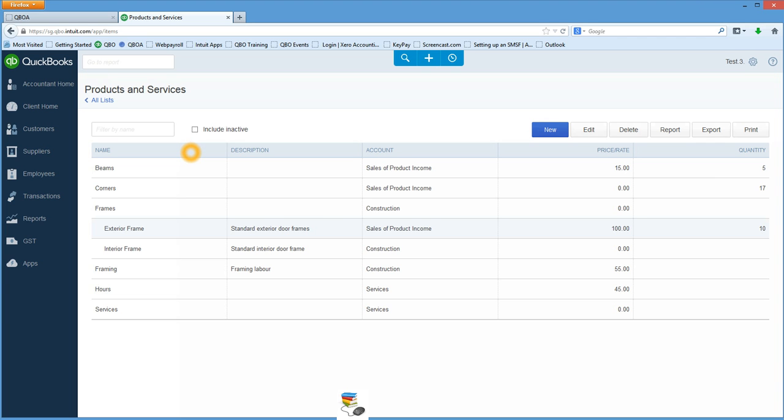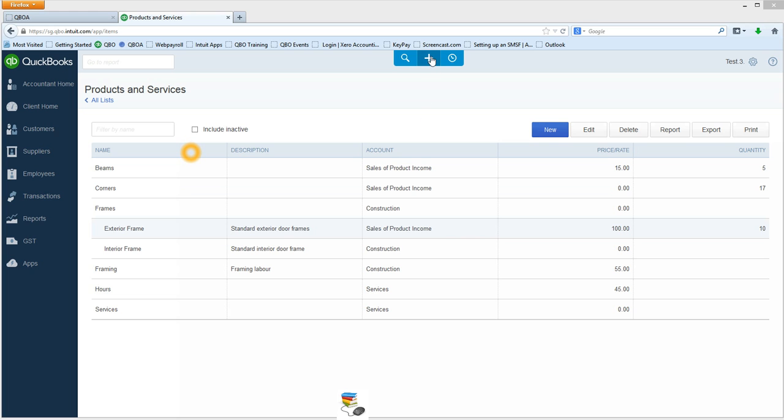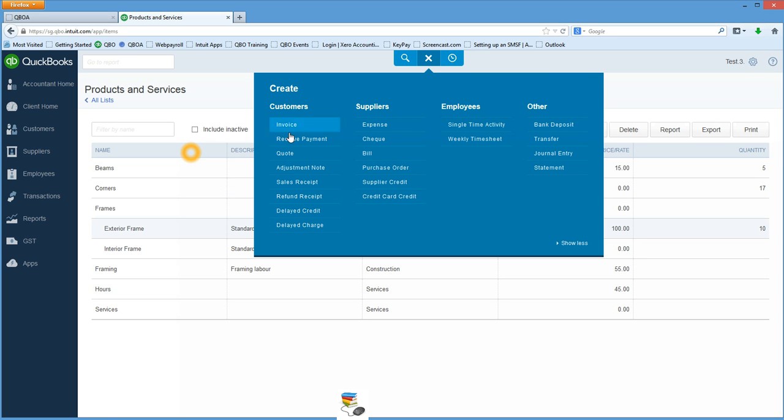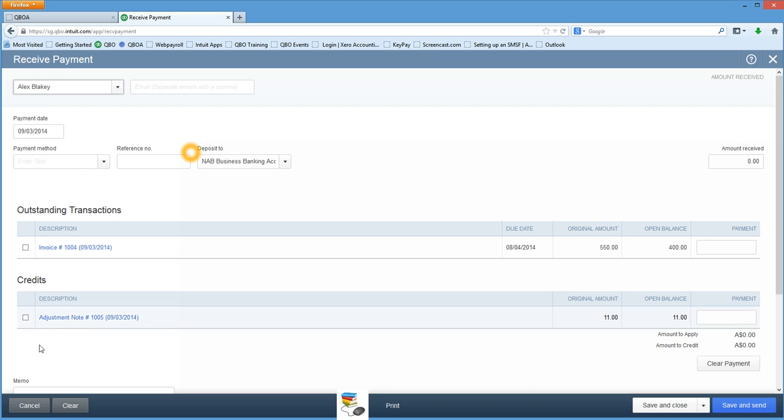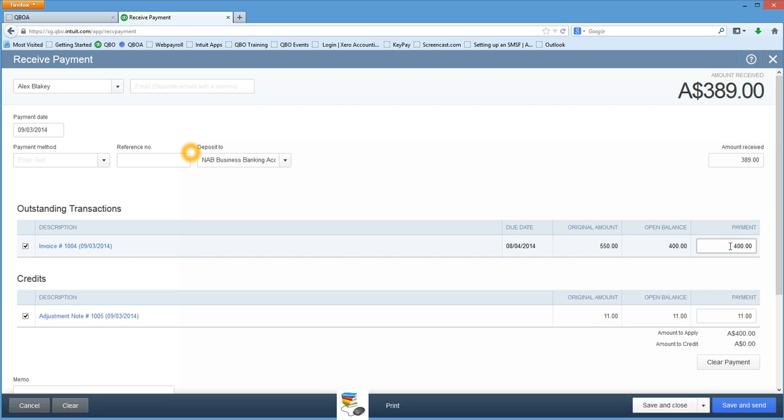So to apply the credit note to the appropriate invoice, simply head back up to the Create menu, under Customers, Receive Payment, select your customer, and you'll see the credit sitting there. You can then apply the whole of the credit or part of the credit to the invoice you select. You can also cash off any other payment